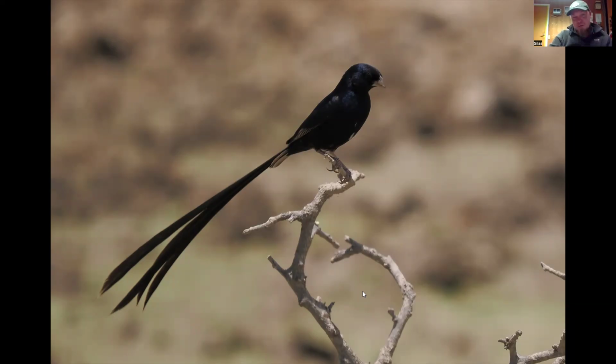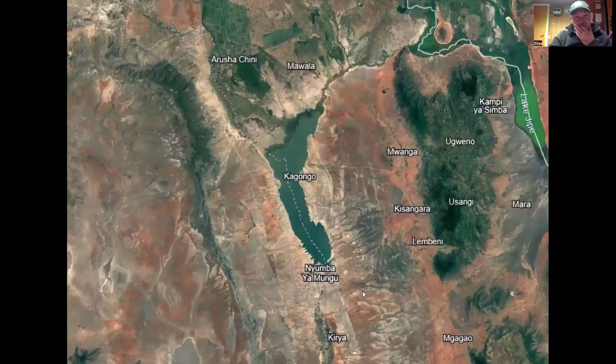So that was quite a good experience. The next place we went is called Nyumba ya Mungu, House of God, which is a big dam that is built by support from Norway to make electricity. And water is quite scarce in many parts of Tanzania. Really big lakes. And this dam, Nyumba ya Mungu,